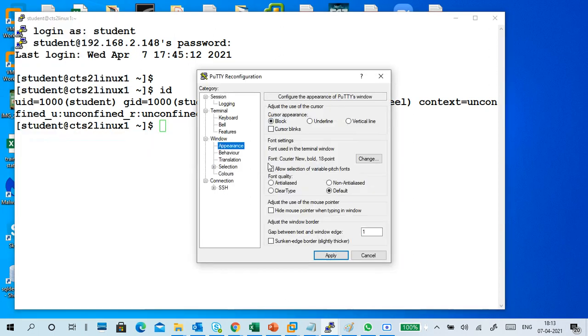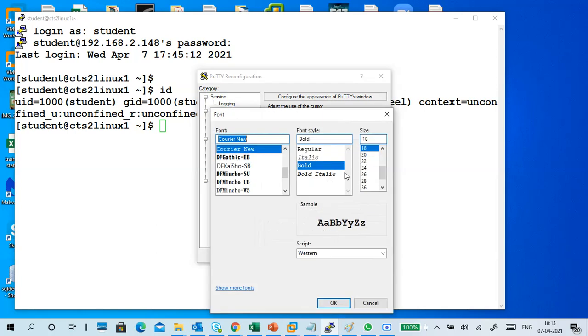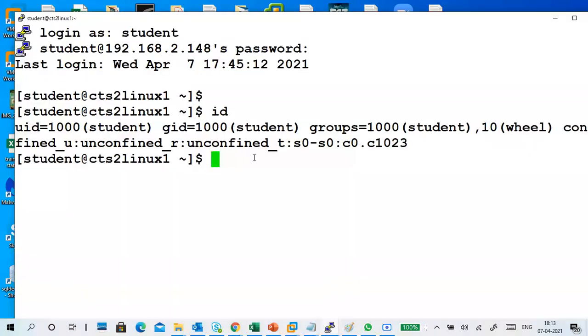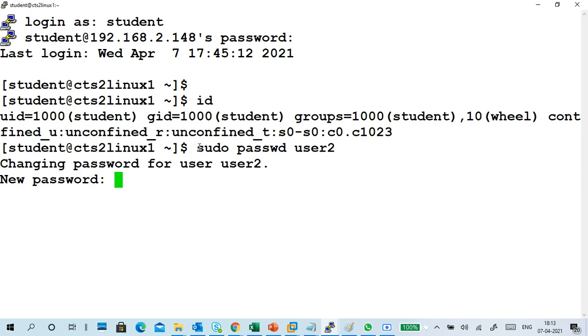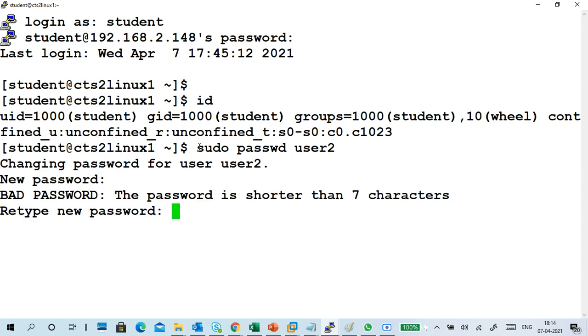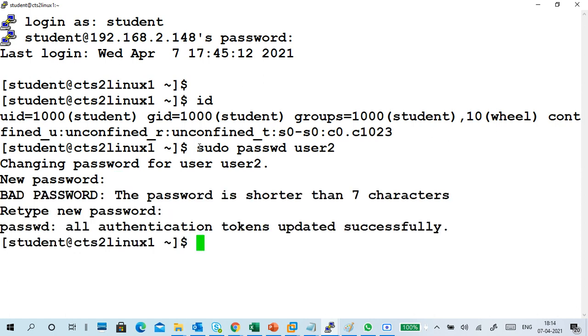Last one anyway. You're about to close, guys. Don't worry. Now, what is my previous command? sudo passwd user2. It is asking to change the password. It is not objecting anything. It is not asking for a password and it is not scolding you. So the user2 password is user2. Happily I'm changing it.